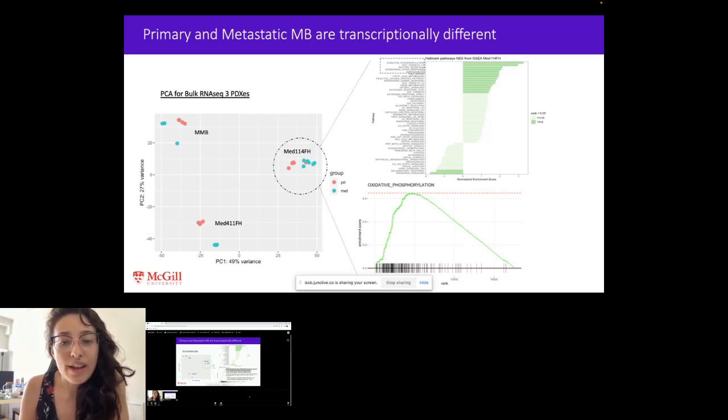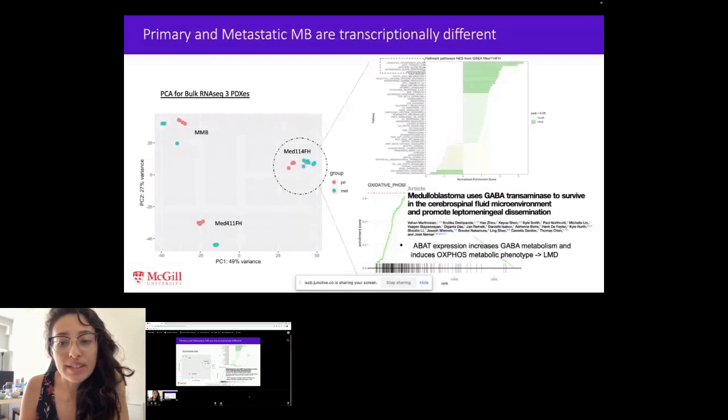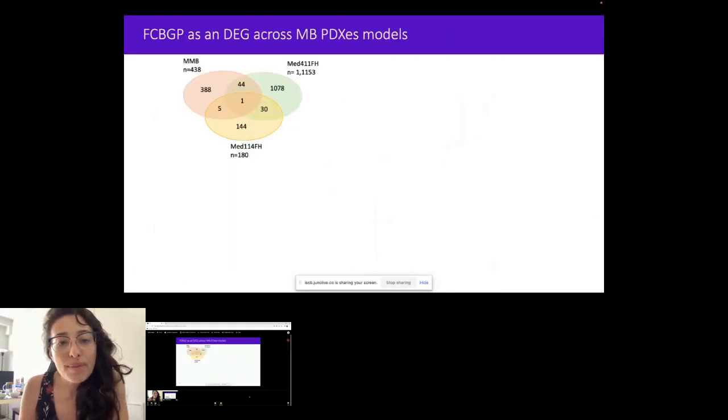Also, a paper just came out about medulloblastoma using GABA. In this case, the paper shows that metastatic development induces the oxphos metabolic phenotype. So it was good for us to see a trend of these pathways that are enriched in the metastatic phenotype. But the most interesting thing is that we also looked at which genes in common were differentially expressed